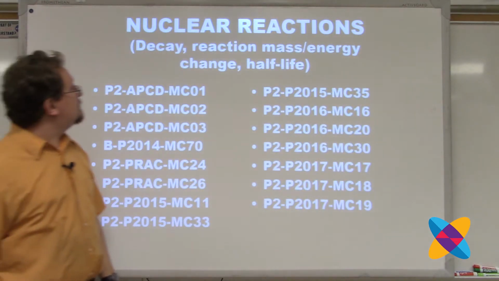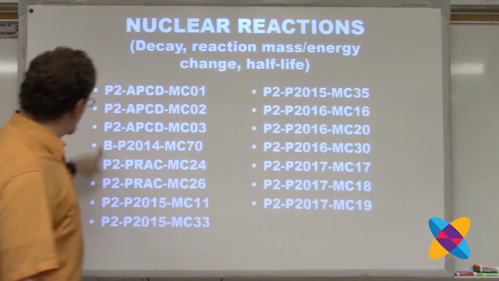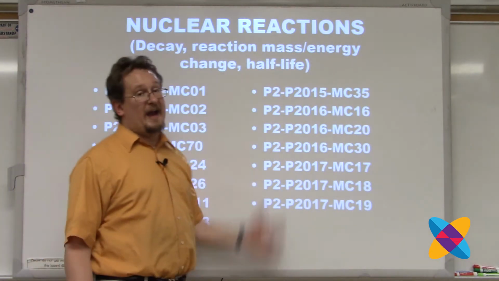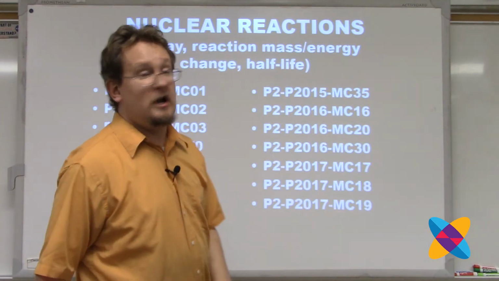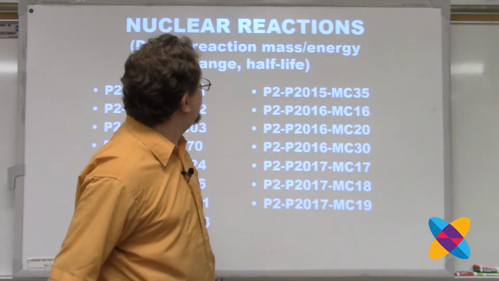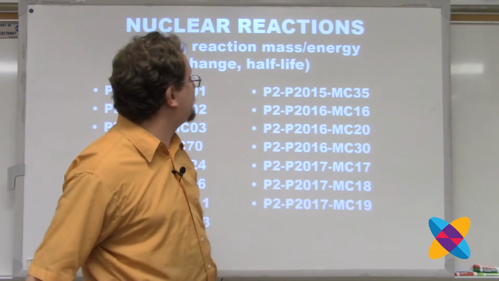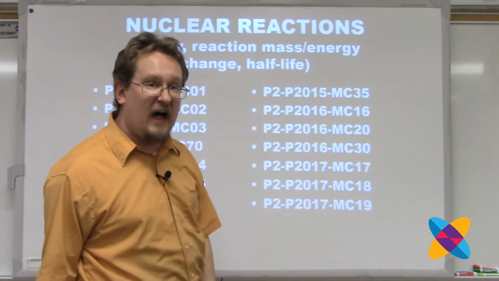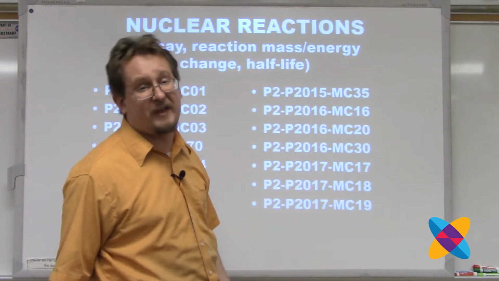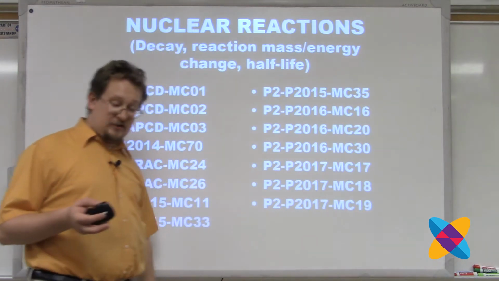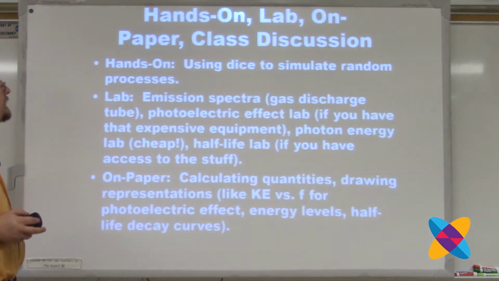Nuclear reactions. Why is there so much P2 here? Because nuclear reactions is a pretty broad brush. Talk about alpha, beta, gamma decay. We're talking about mass converting to energy, energy converting to mass using E equals mc squared. Dealing with half-lives and decay charts, things like that. There's a lot of that. Make sure you cover it. See how it's asked on the AP exam.